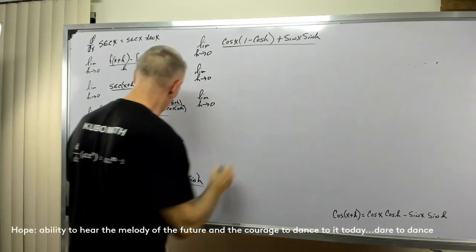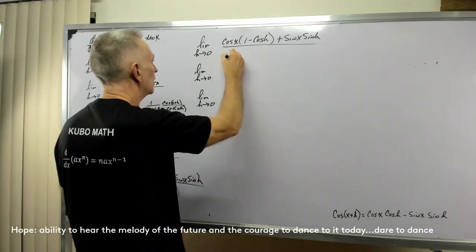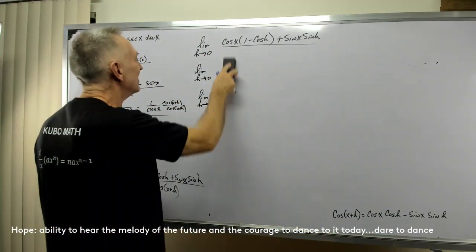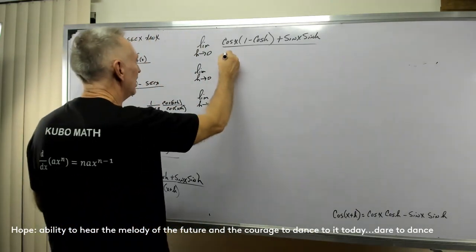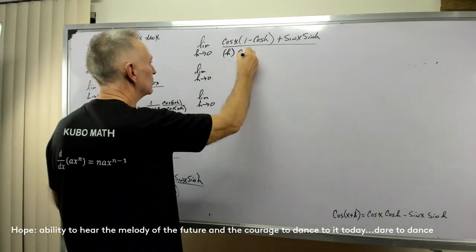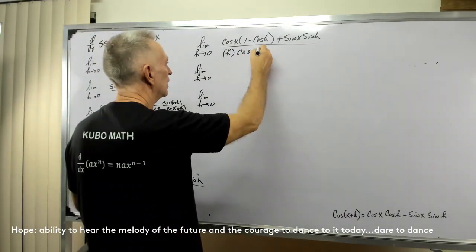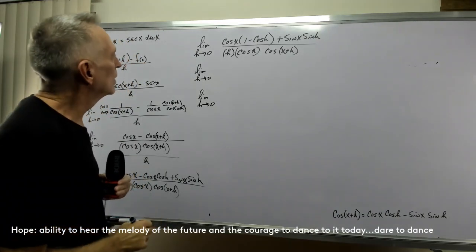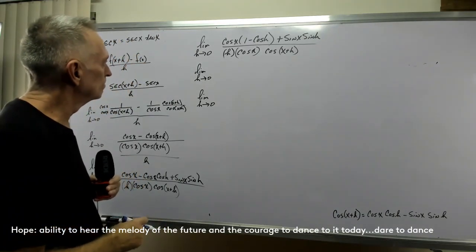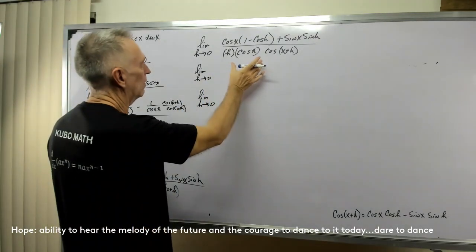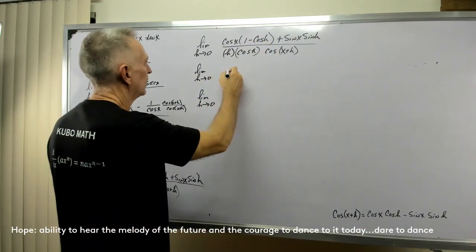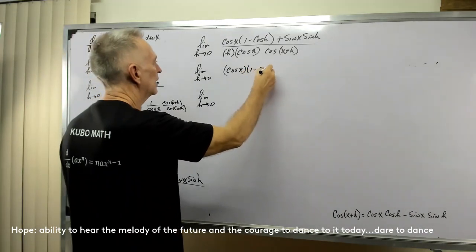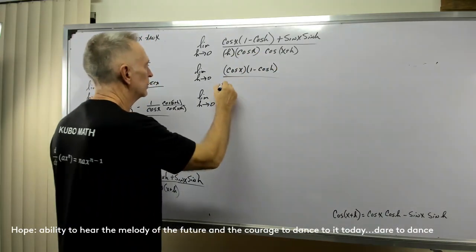And all of that is over h cosine x, or h, not x. We don't want to do this with respect to x. All right, h cosine x times cosine x plus h. All right. Let me separate this out into two fractions here. I'll take cosine x times 1 minus cosine h over all of this, h